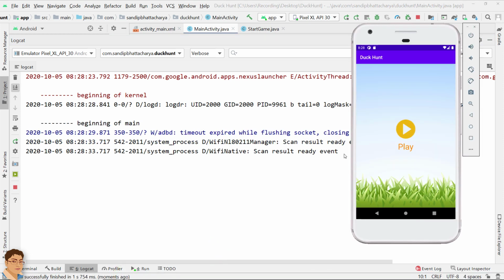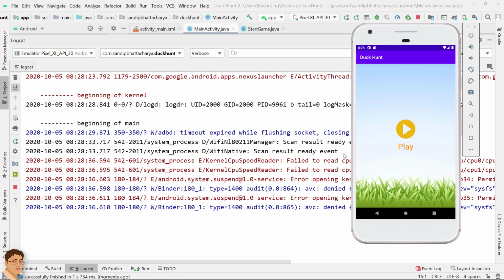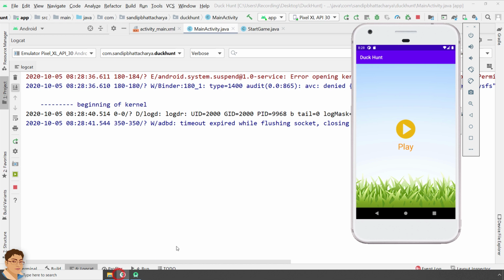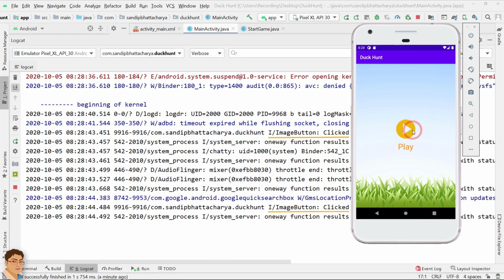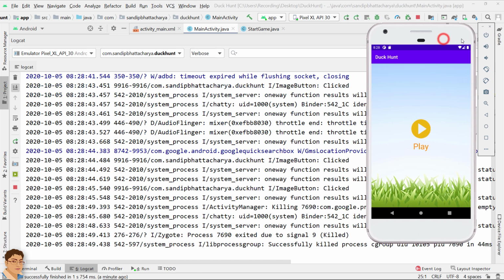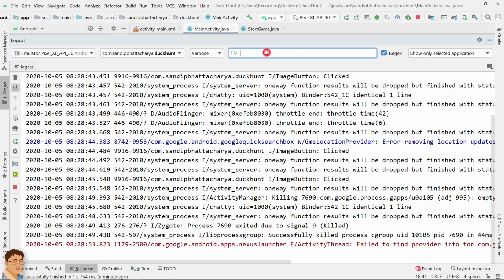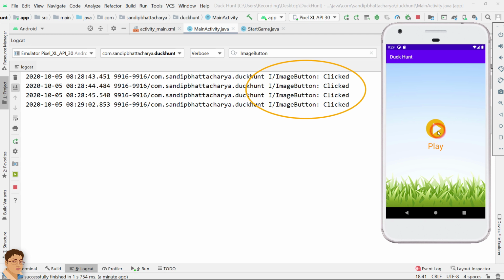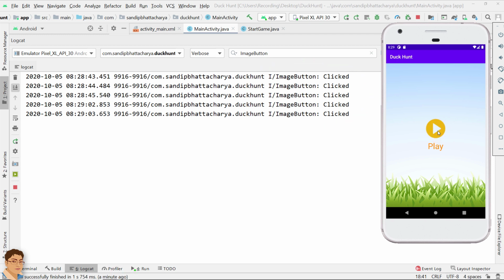Now click on the image button to confirm that we are getting the log information. Perfect.